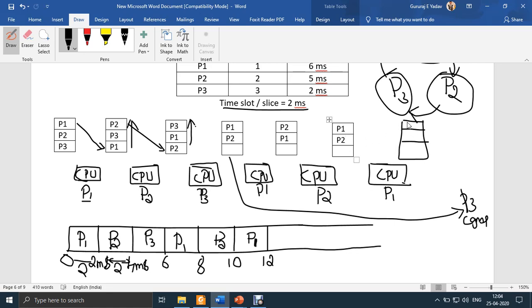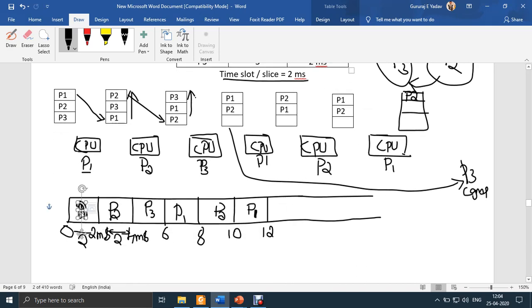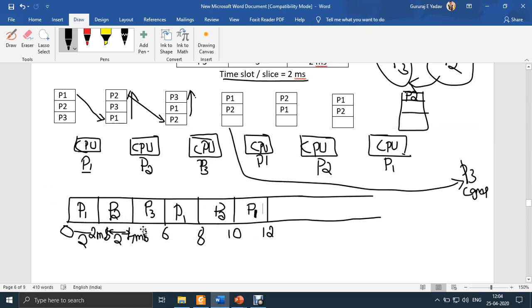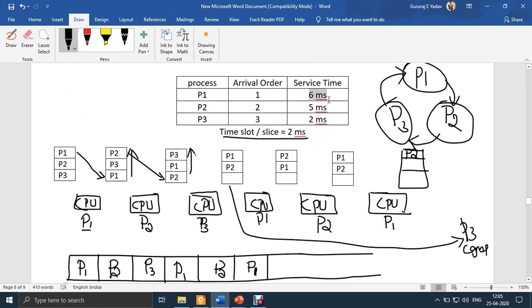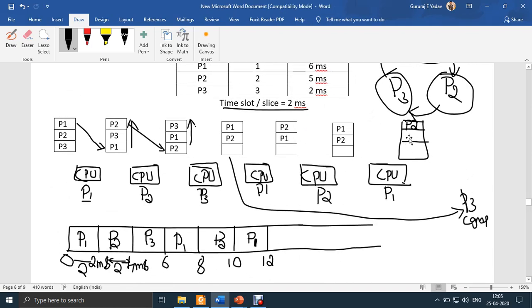P2 is remaining, so you have to write P2 here. Whether P1 will come to the queue depends on service time again. It requires 6 milliseconds, and how many slots have you given? 1, 2 and 3. 3 times 2 is 6, and it required 6, so you have given it 6. So P1 completes at 12 milliseconds and will not enter the ready queue. At this point only one process is there in the ready queue, that is P2, so